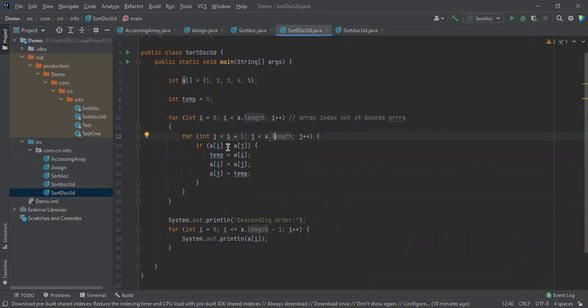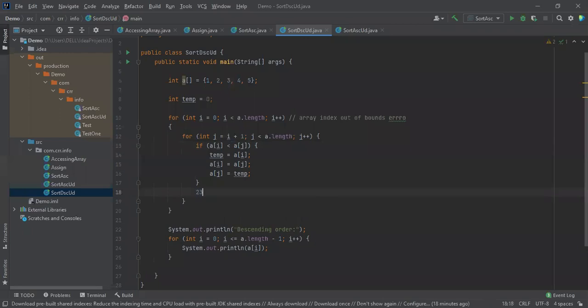Now in the sense of descending order, it is essential to check if there are two numbers, 2 and 3, they are going to check both. Let me explain, 2 and 3 are two elements. This is index 0 and this is 1. So index 0 and 1 will be compared. If this is less than this, it will be interchanged. This is the way we are going to do that.